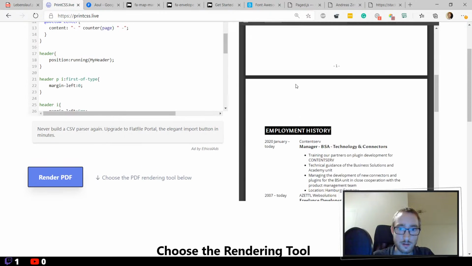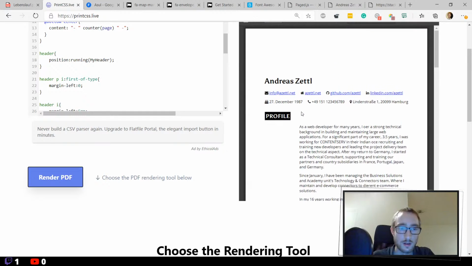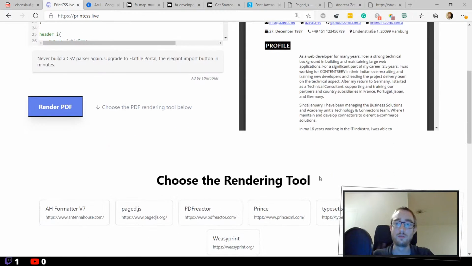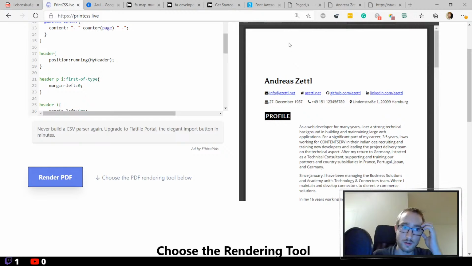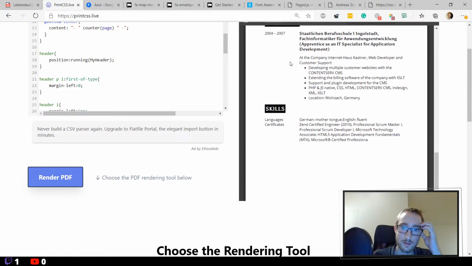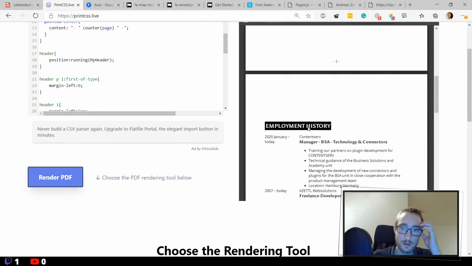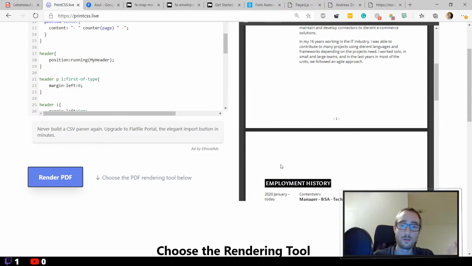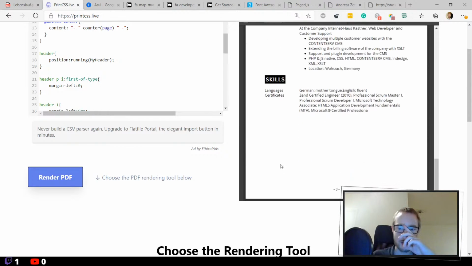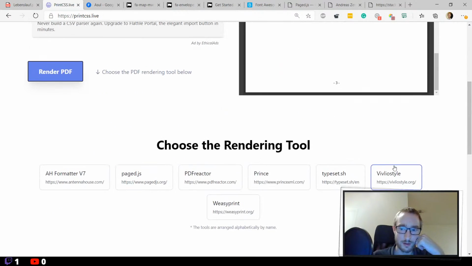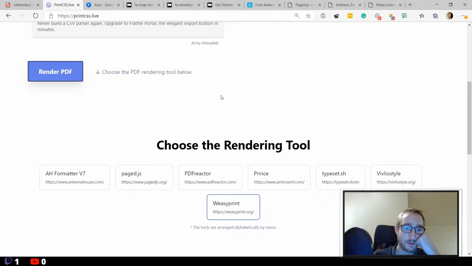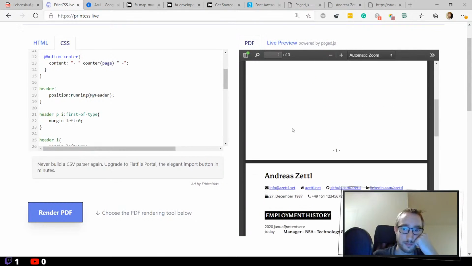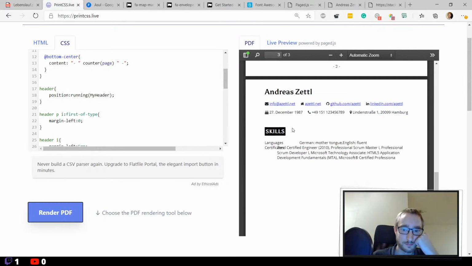Looks quite nice. Just the Vivliostyle doesn't support these running elements. So you see it's only on the first page. That's why also the margin here is not filled. It's empty, and on all pages this big. They actually have their own syntax as far as I remember for running elements. Could check that on their website. And then we have